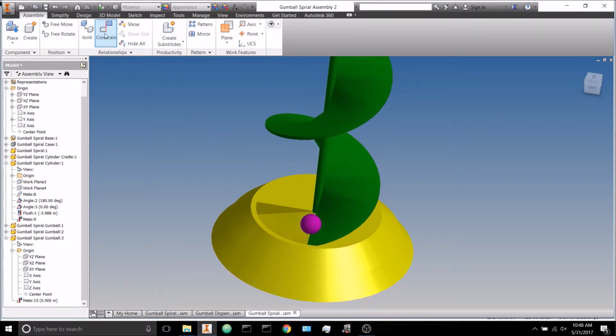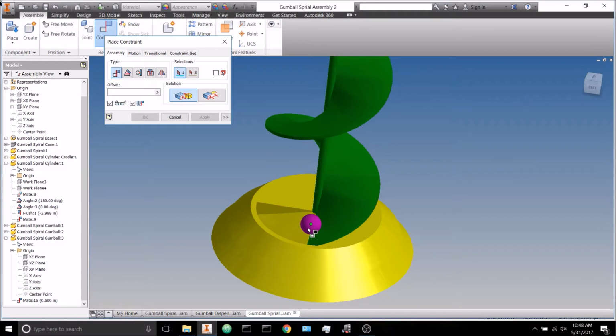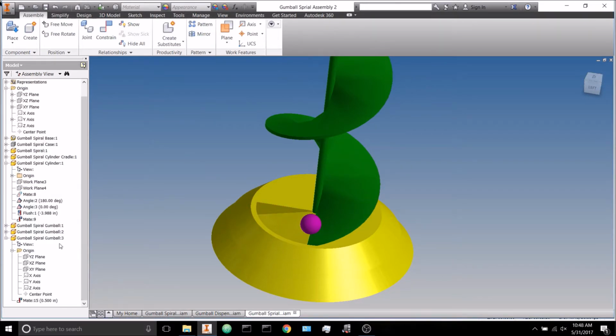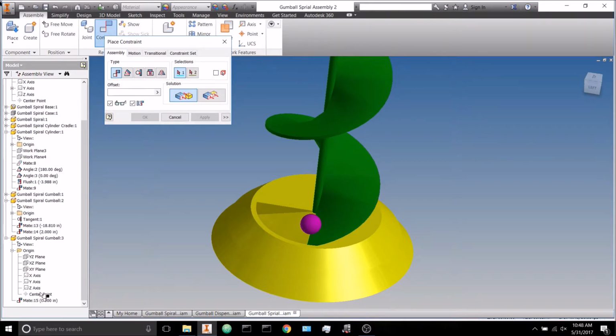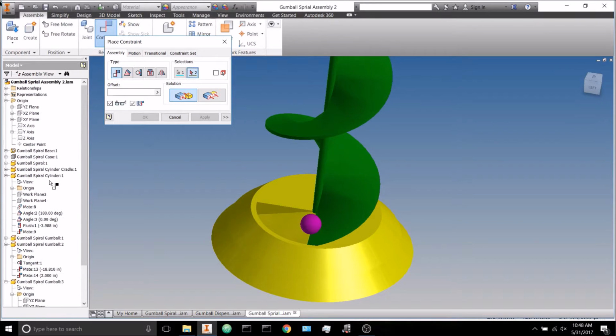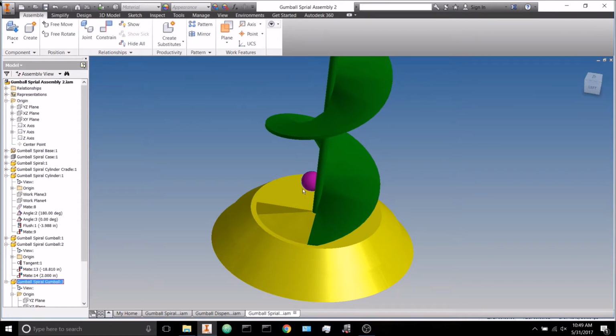And we need to have Gumball 3 take over for Gumball 2, and we know Gumball 2 is always, at any point during its animation, 2 inches away from the center axis. So this one needs to start 2 inches, the distance from the center point to the center axis needs to be 2, and I think that's not going to break it. There we go. So let's put it over here,